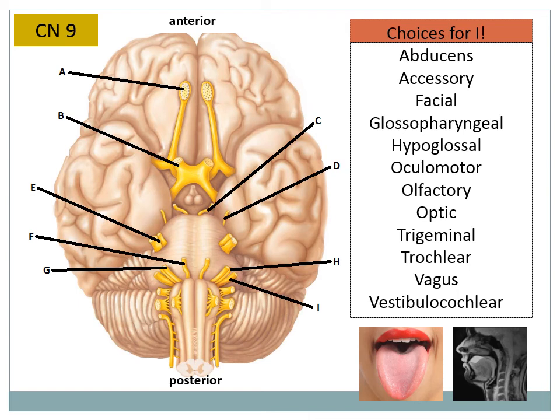All right, number 9 has to do with your tongue and your throat. So overall, what we're looking at here is a little bit of movement, a little bit of taste of your tongue and your throat. Now, this one is slightly inappropriate, so I apologize in advance, but it's not too horrible, I don't think. So number 9 is your